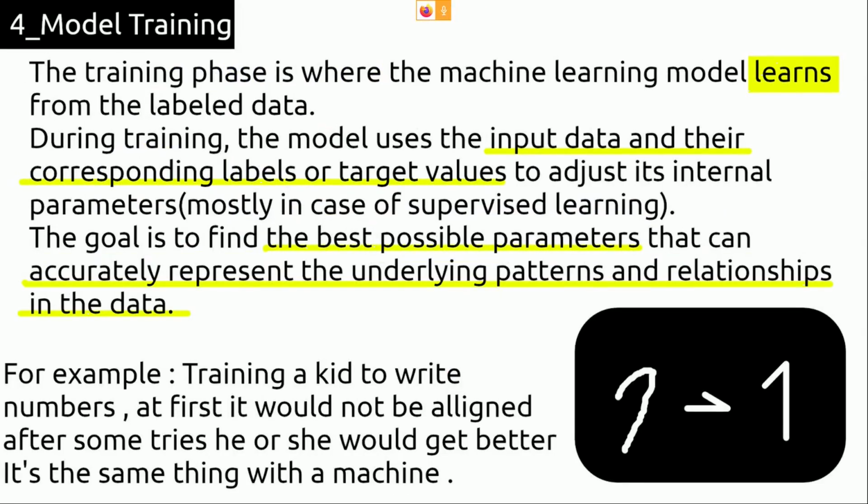Okay, so let's continue. And then there is model training. The training phase is where the machine learning model learns from the labeled data. During training, the model uses the input data and their corresponding labels or target values to adjust its internal parameters, mostly in the case of supervised learning. Okay, the goal is to find the best possible parameters that can accurately represent the underlying patterns and relationships in